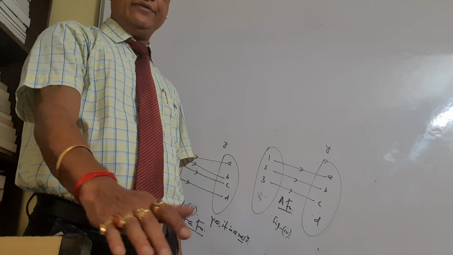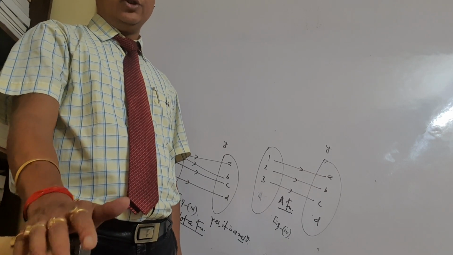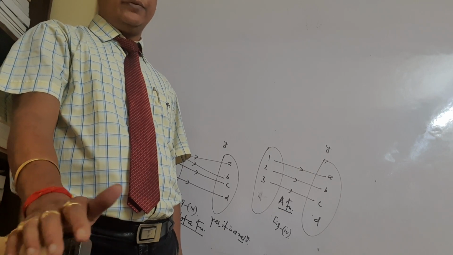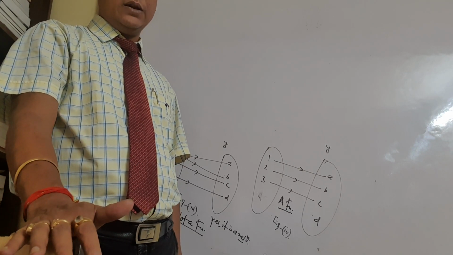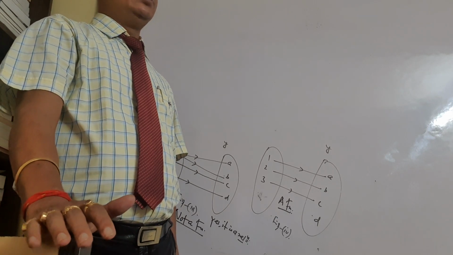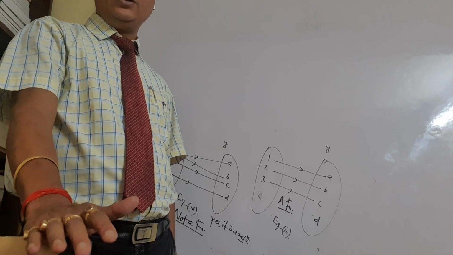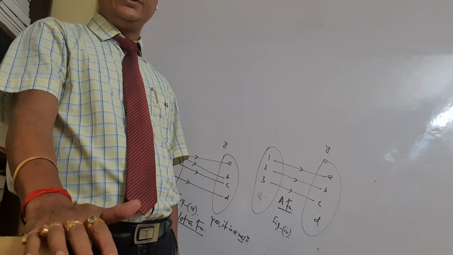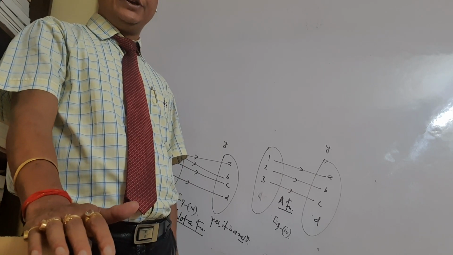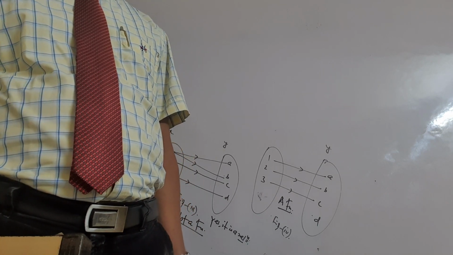We have already defined this for the relation, and the same definition holds for the function. There is no change in the domain, codomain and range definition. Whether it is a relation or a function, the definitions are the same. Domain means the values of X. Range means the values of Y which have a pre-image. But codomain means all the values of Y, whether they have a pre-image or not.